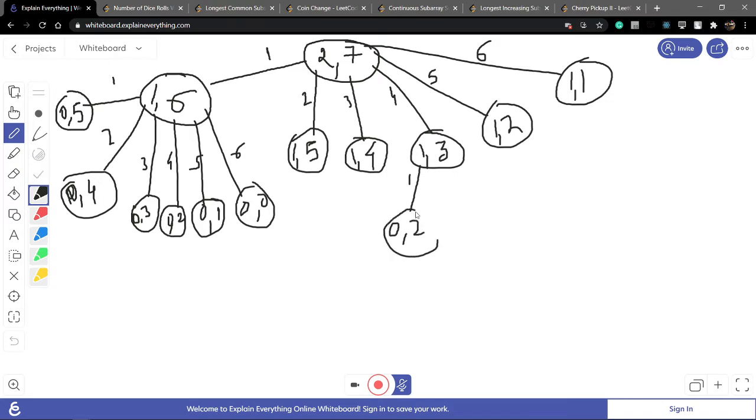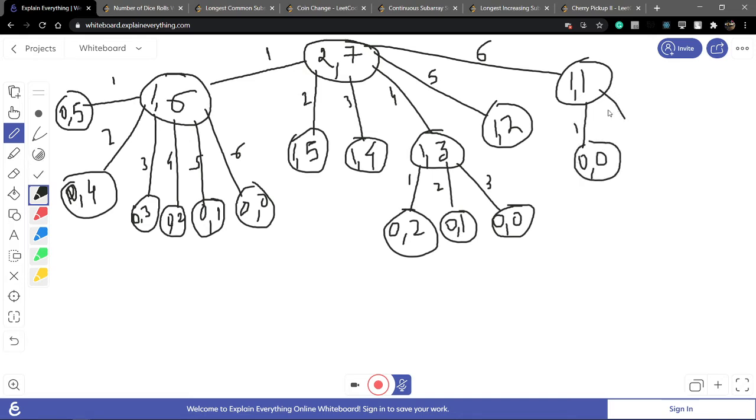Okay. And also make it from this: throw a 1 comma 1 time, so remaining 2. Throw a 2, 0 comma 2, 2 means 1, remaining 1. If throw a 3, then 0 comma 0. Now throw a 1, so 0 comma 0, throw a 2, 0 comma minus 1. Throw a 3, so 0 comma minus 2. So after we make the tree like that, now I have to write code for this approach.